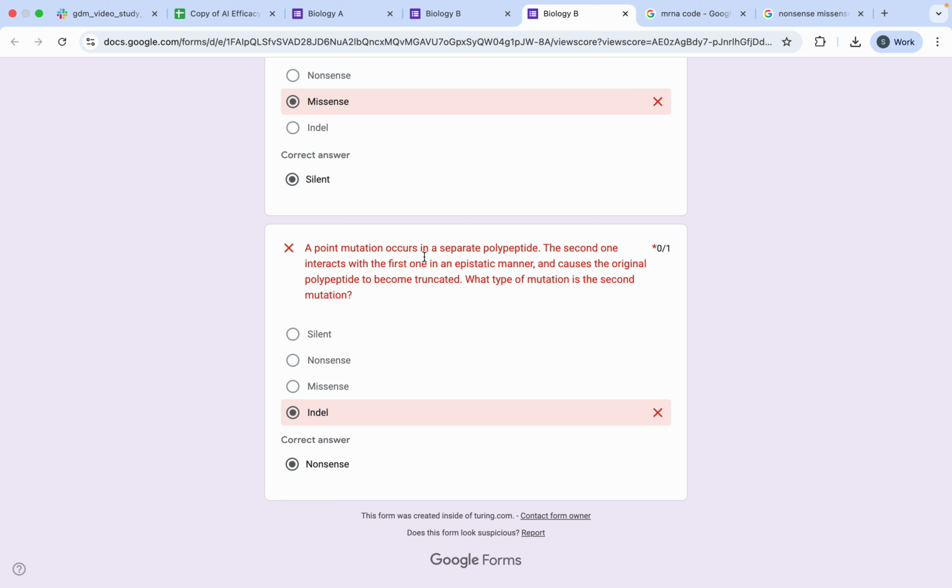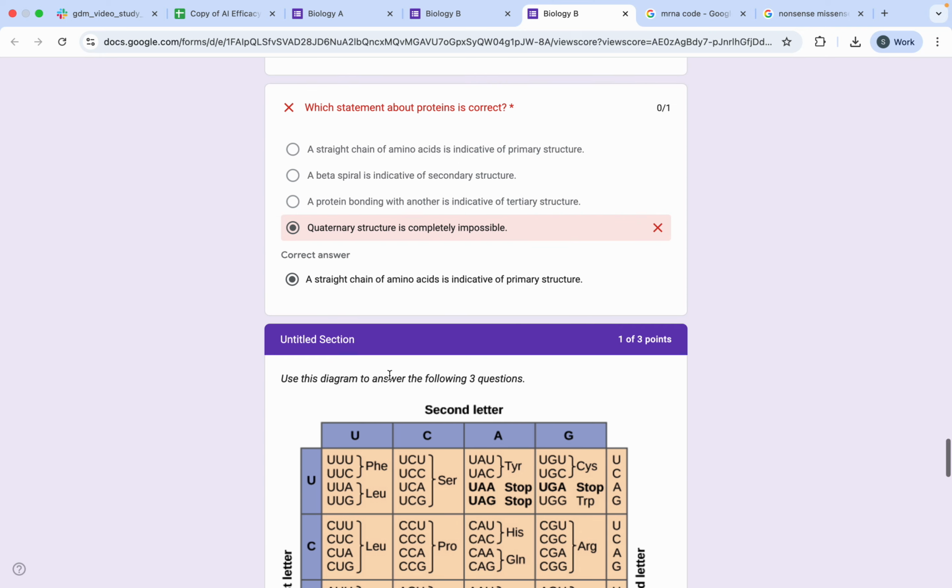A mutation occurs in a separate polypeptide. The second one interacts with the first one in an epistatic manner and causes the original polypeptide to become truncated. What type of mutation is the second mutation? So it is, yes, it is nonsense. Okay,